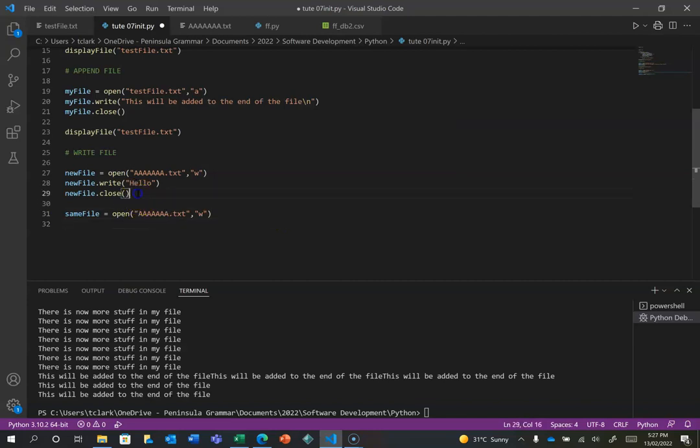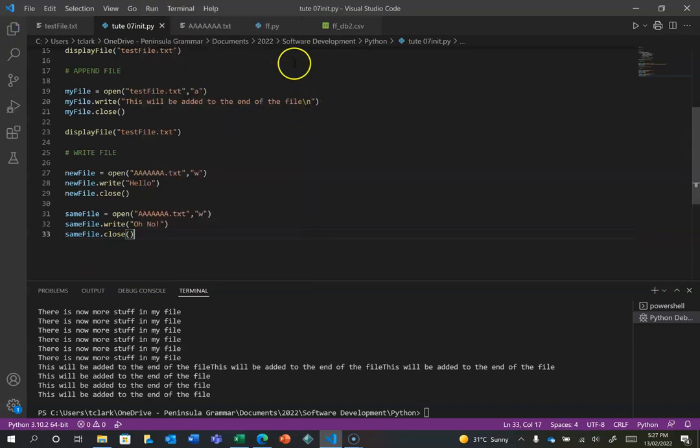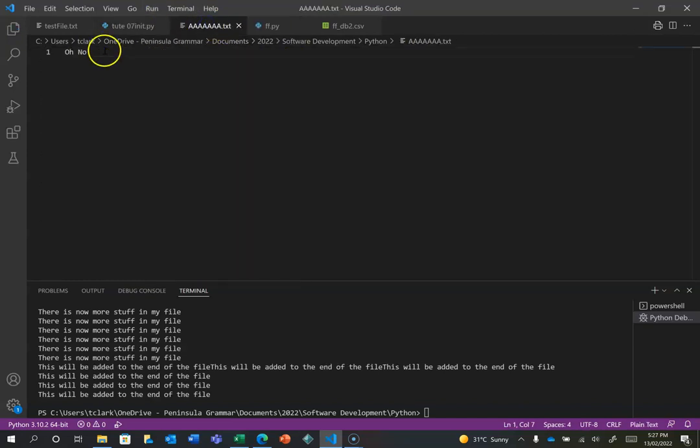Let's just copy this whole section, hey? Control C. Oh, we can't copy that whole section because that's the same file now. And we write, oh no. Okay, and close the file. Now if we run this, if we look at this file here, it now says oh no, because I've overwritten it. So we need to be aware that when you open a file